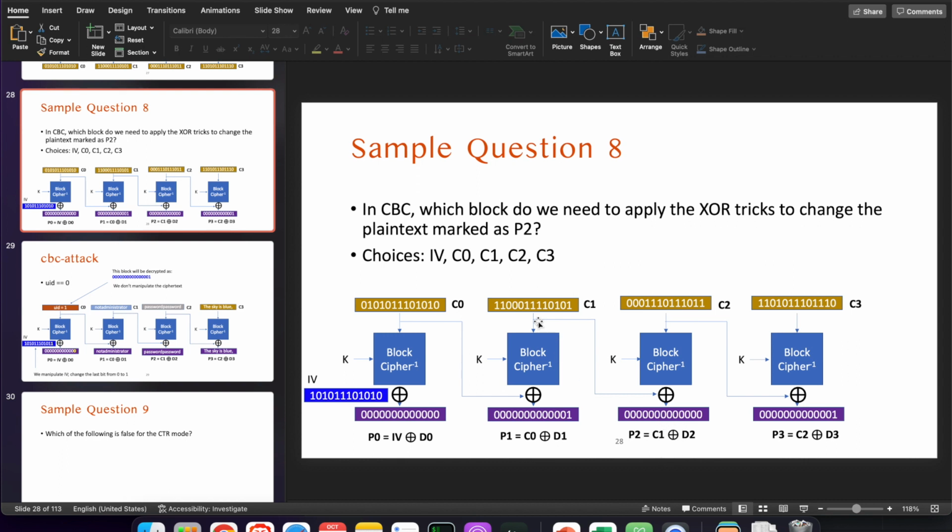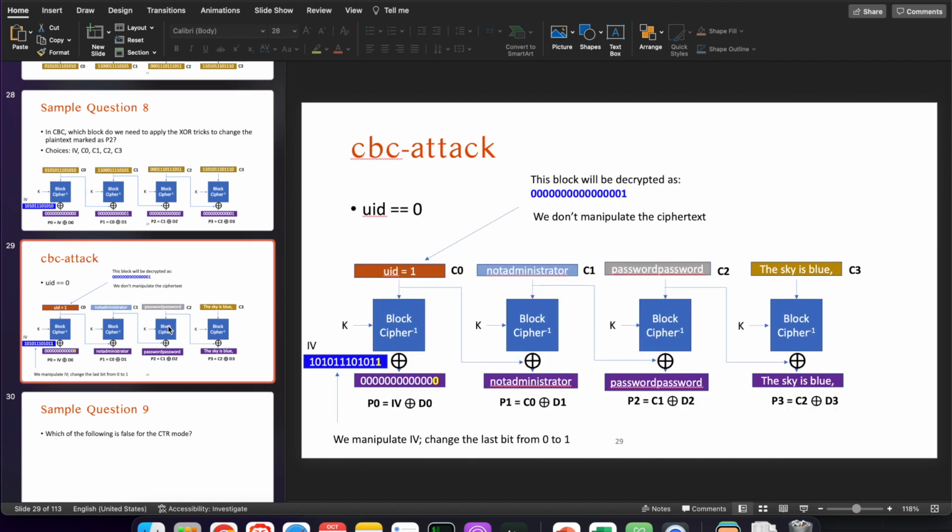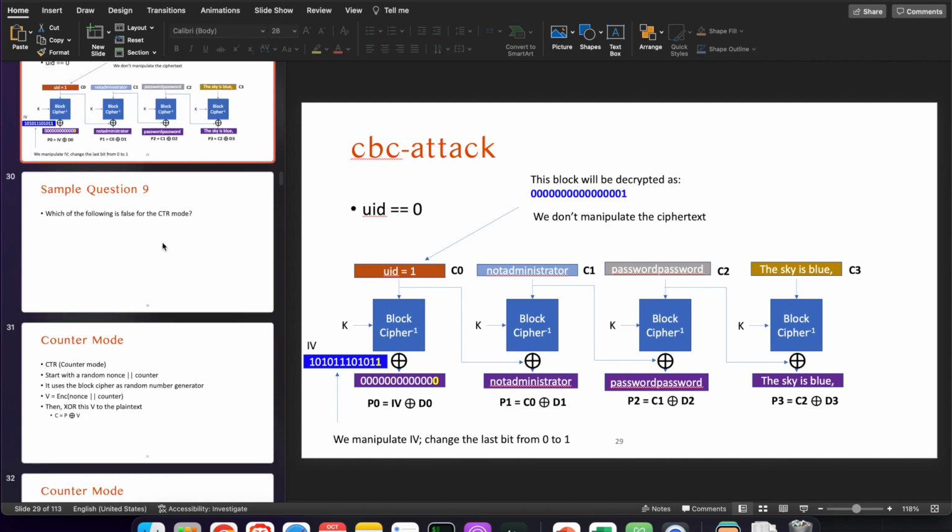From the diagram, you can easily see that the ciphertext block C1 will be XORed with the plaintext P2. So in this case, you can choose C1 as the answer. If you cannot follow why editing C1 will let the attackers control the plaintext block P2, then please study how the CBC attack works with the IV or some other blocks. You can also refer to the code that you wrote for solving the CBC attack challenge.